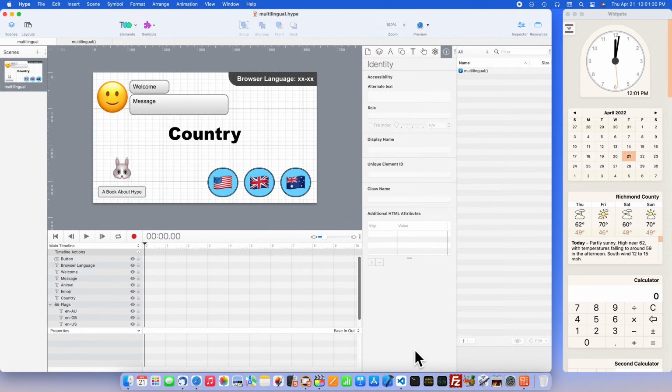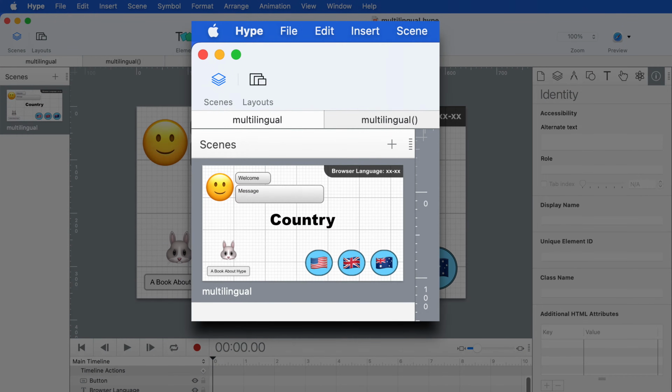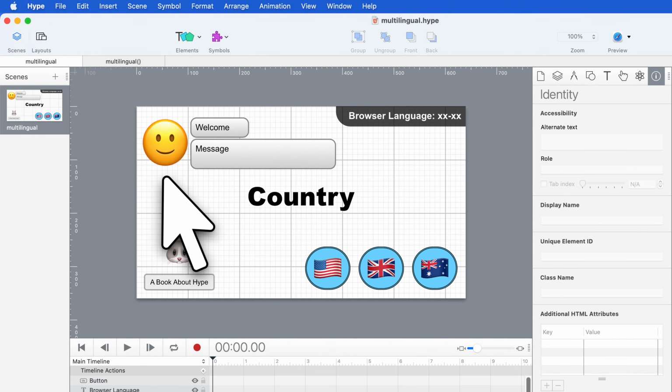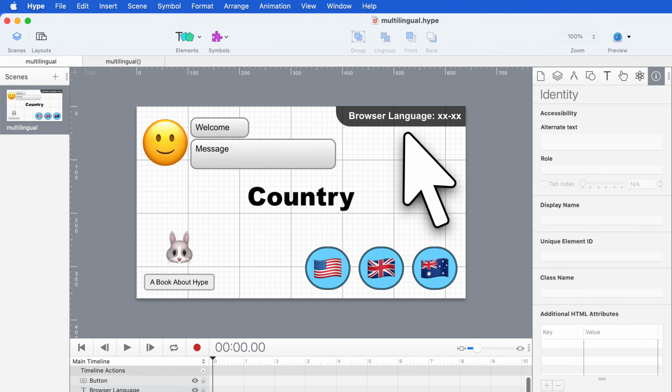It contains the HTML elements that will be altered with JavaScript. For this project, just text is being changed, but with this technique, you could also change images or even scenes. This project is just one scene though. The idea is to change the main emoji, the secondary emoji, the welcome text, the main message, and the country text. The top right is for development. This space shows the country code.